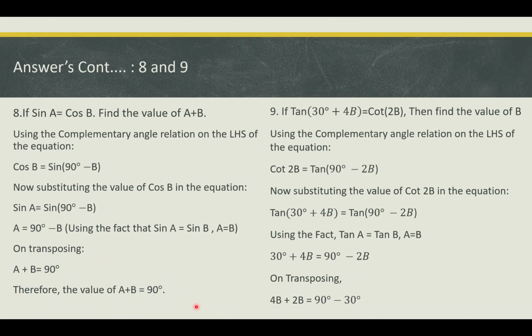Question number 8 and question number 9. Question number 8 is almost like question number 7, but I will be repeating this question. So